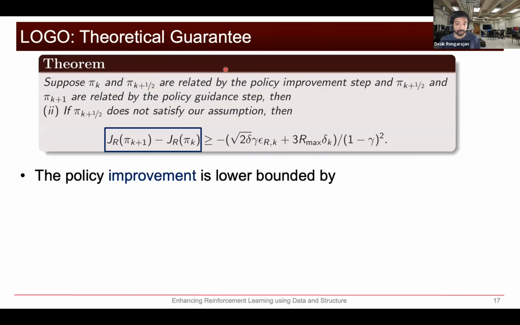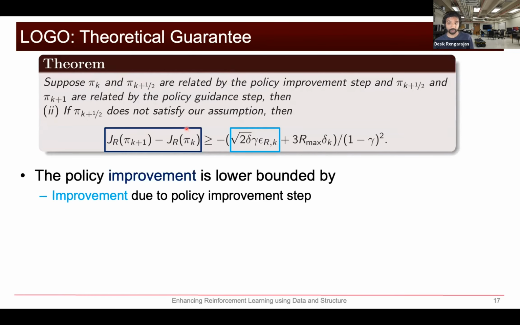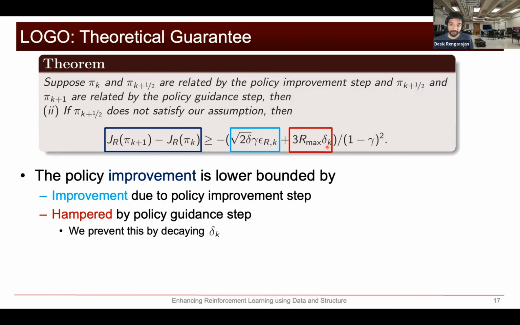So in that case, we show that the policy improvement is lower bounded by two terms. The first term is essentially the improvement due to the policy improvement step. And the second term is this term, which essentially hampers our policy improvement because it consists of this R max here. But we notice that we have a delta K that creeps in here, which essentially means that as we move forward in our learning procedure, we must decay this delta K to prevent our policy guidance step from hampering